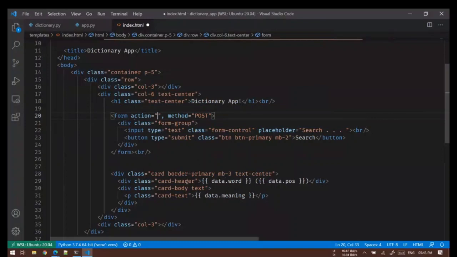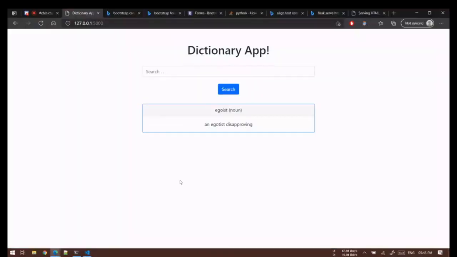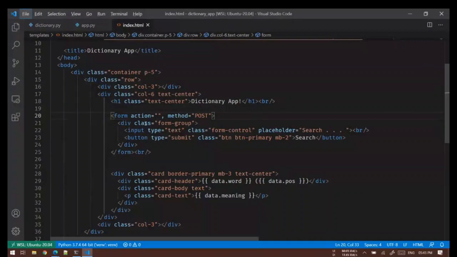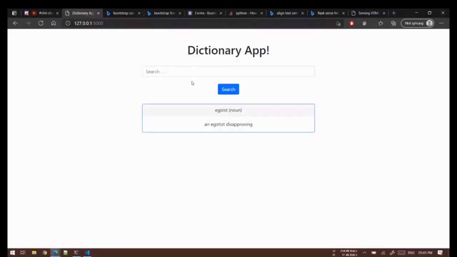Okay. So action is basically the place where you say, after submitting the form, this is where I should be. This is where I should take that data, the data that we have collected from the form. We should take it there. Okay. So we have to specify our route here, the path here, and then it will work.